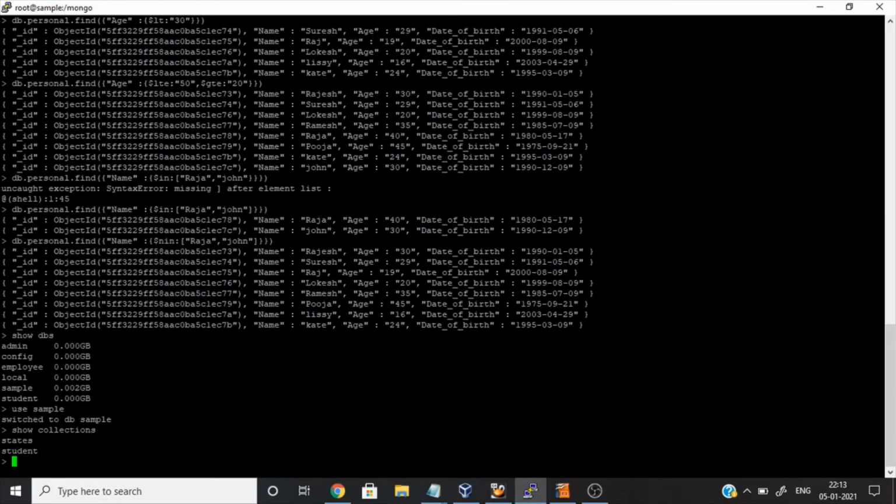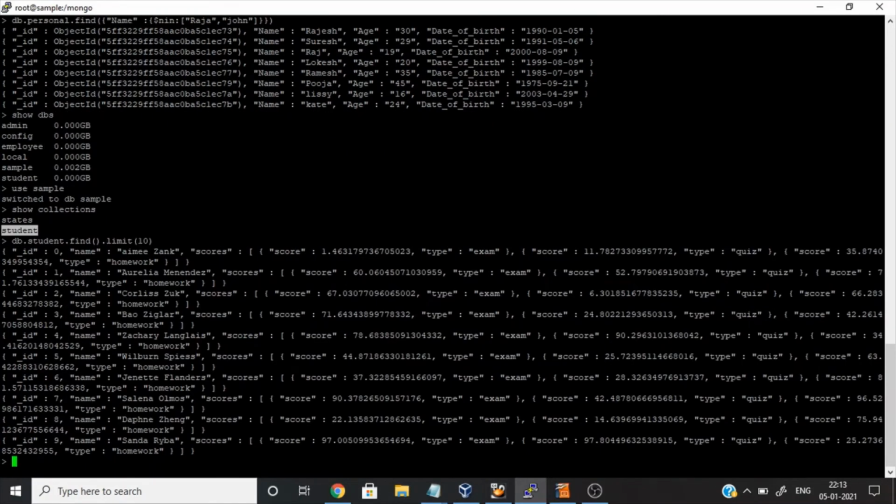I'm going to limit to only 10 records. db.student.find, then limit, and I have to give how many records I want. It's showing only 10 records. So this is how we can use the limit operator in MongoDB.